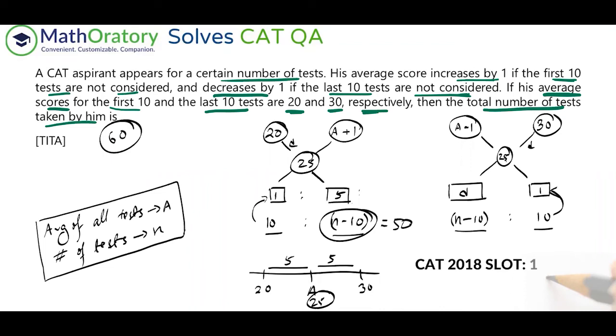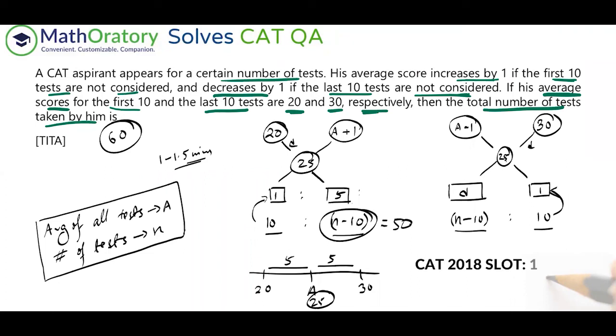I would say roughly, even if you do it in this way, it would take somewhere around 1 to 1.5 minutes to solve. Ideal time, I would put it as this. For this particular question, if you're not getting this idea, if you're not very comfortable with alligation, then solving with variables will actually take a bit of time. It might take you 2 minutes or even more. I don't know. So if you're getting that alligation chart idea, then do solve it in the first round.